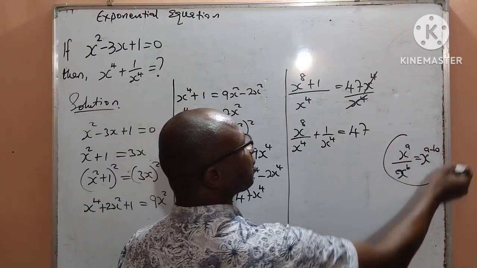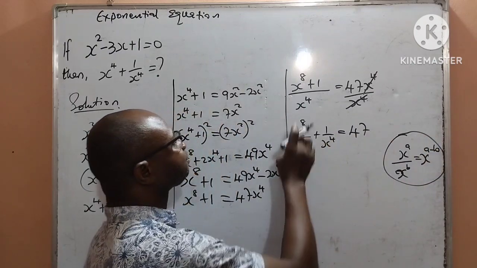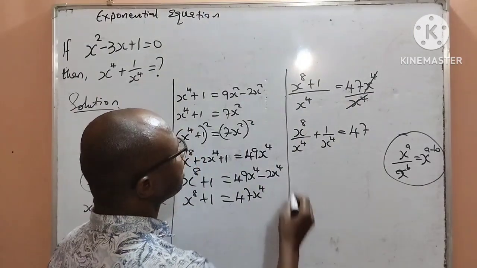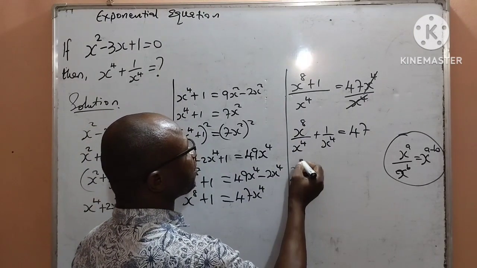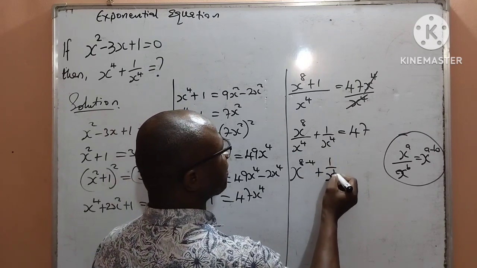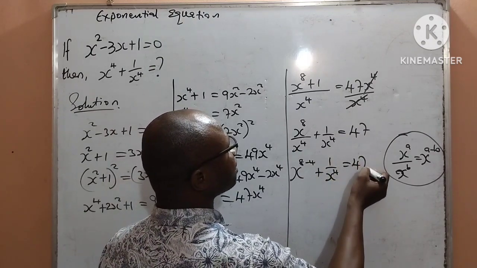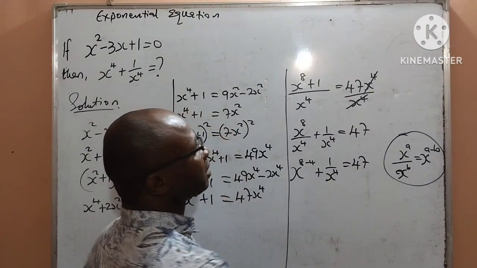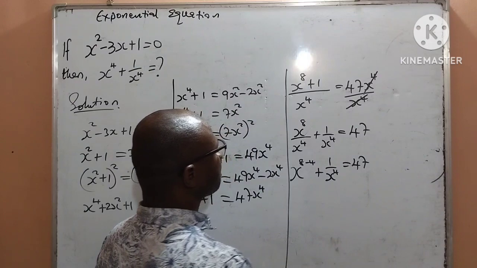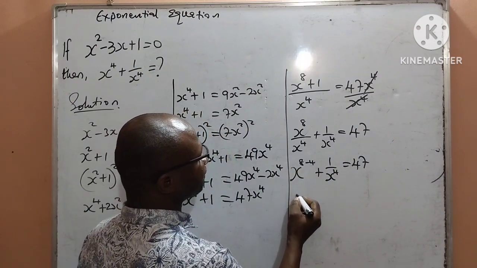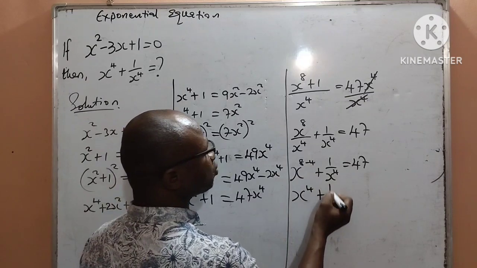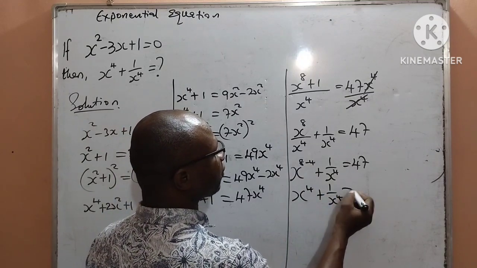So applying this law of indices to the x raised to the power 8 over x raised to the power 4, it will now give me x raised to the power 8 minus 4, then plus 1 all over x raised to the power 4 equal to 47. Now, looking at this, by the left hand side, I will have x raised to the power 4, that is 8 minus 4, then plus 1 all over x raised to the power 4